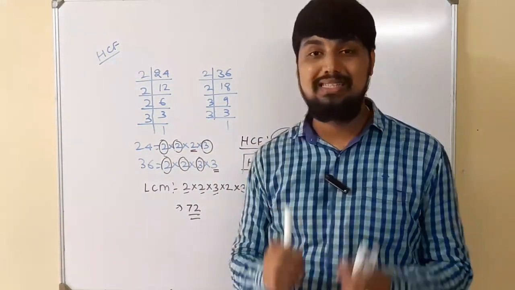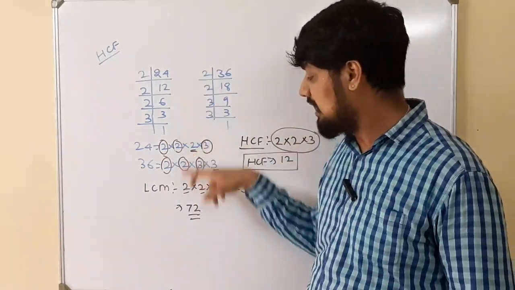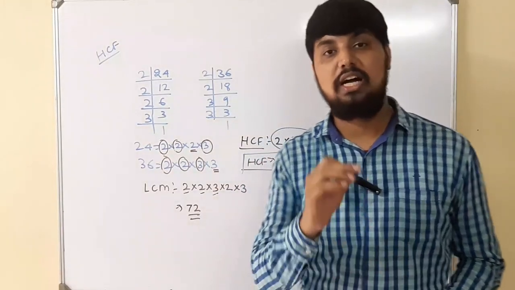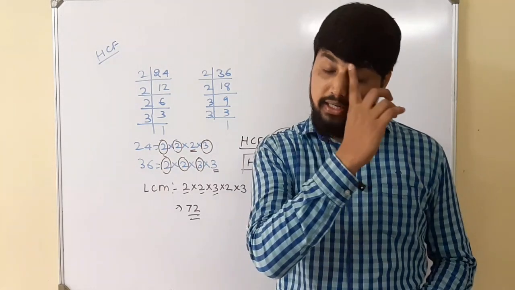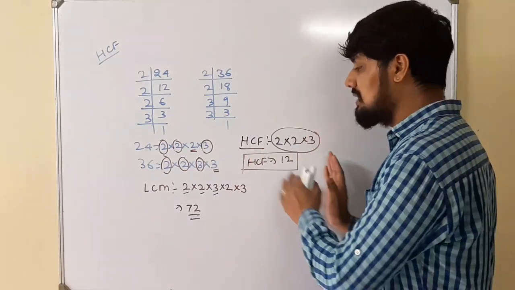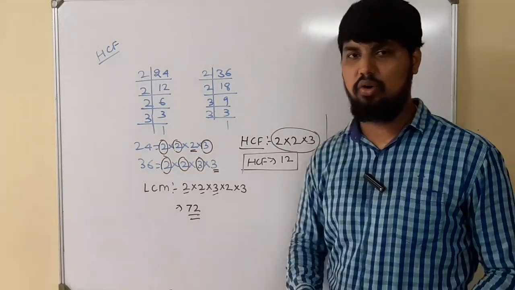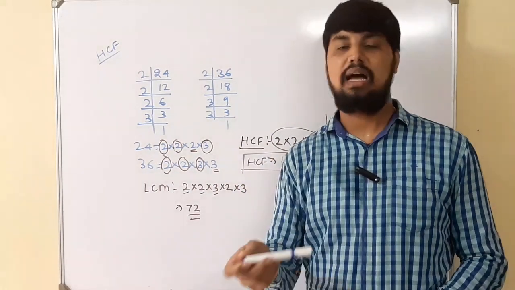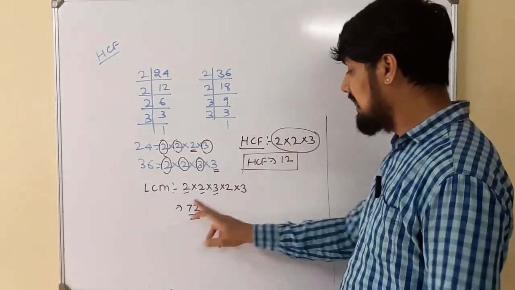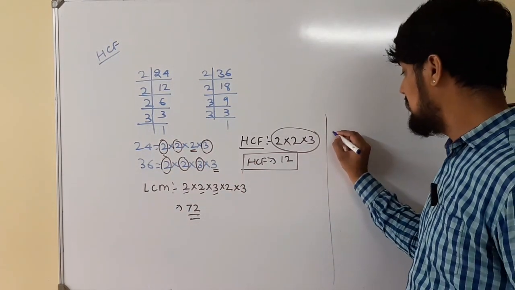That means 72 is the smallest number which comes in the table of 24 also. We can see 24 3s is 72, and 72 comes in the table of 36 also. 36 2s is 72. So 72 is the smallest number which comes in the table of both these numbers. This is the concept of LCM and HCF. Now, we have already studied this in the lower classes, 6, 7, 8, 9 standard, how to find the LCM and the HCF. What we are going to do today is find out the relation between the LCM and the HCF. Please see this carefully.